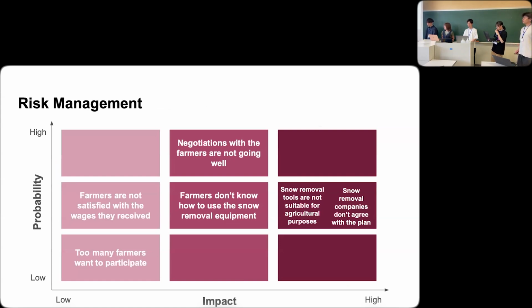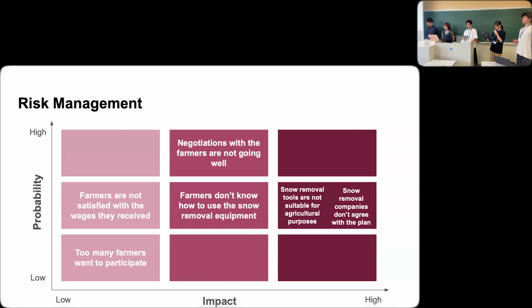And then I would like to explain about risk management. Here's the mapping that shows the probability and impact of the possible risks. And I also want to introduce how we respond to them. Snow removal tools not being suitable for agricultural purposes has high impact and a medium probability. We will respond by asking for help from mechanical engineers and making simple modifications to the machines for